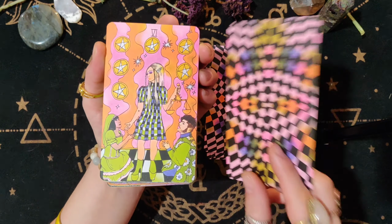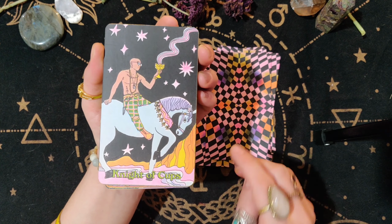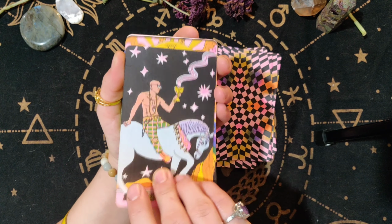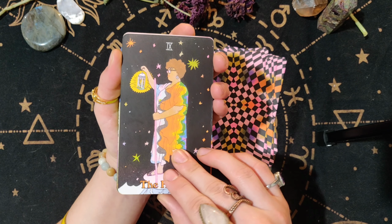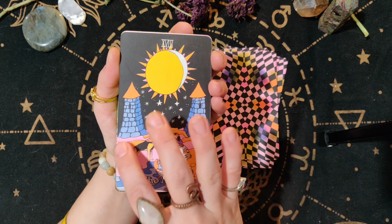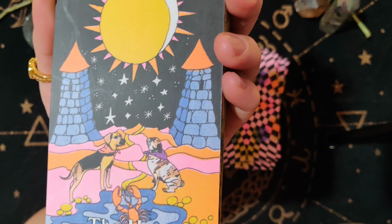All of the models in this deck are queer, except for their pets. Their pets are just regular pets. The pets don't have to be queer. But they are all rendered so vibrantly. Like, the oranges and the pinks really speak, like, this card especially, this color palette right here